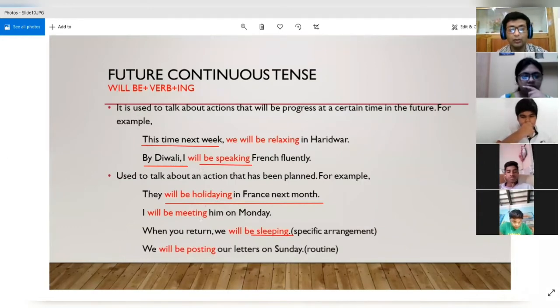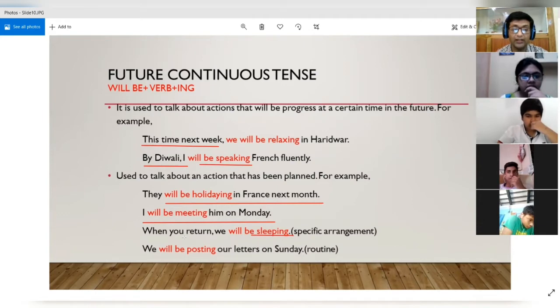I will be meeting him on Monday. So here also you can see that there is a certain plan which has been made that I will be meeting him on Monday. So for all those actions that have been planned already, we can easily use the future continuous tense. We can also use the present continuous form for these, right? Because I can also say that I am meeting him on Monday. They are all right, but